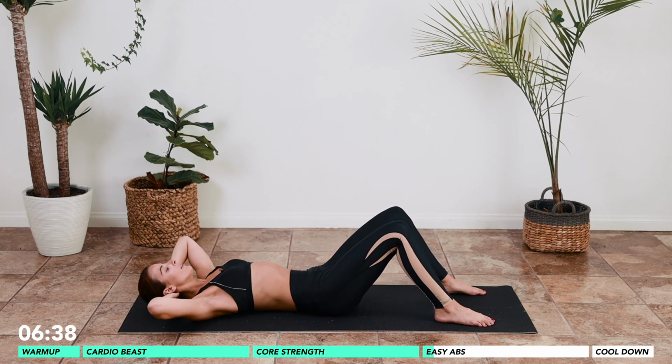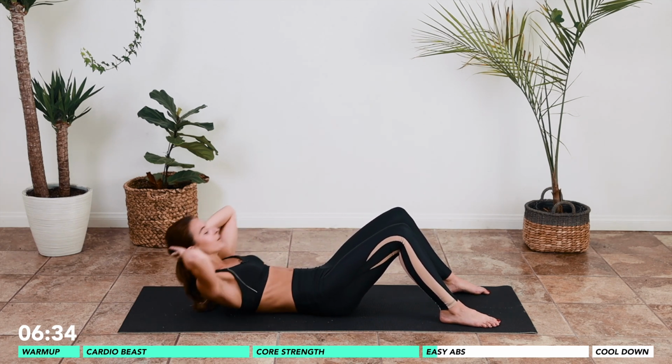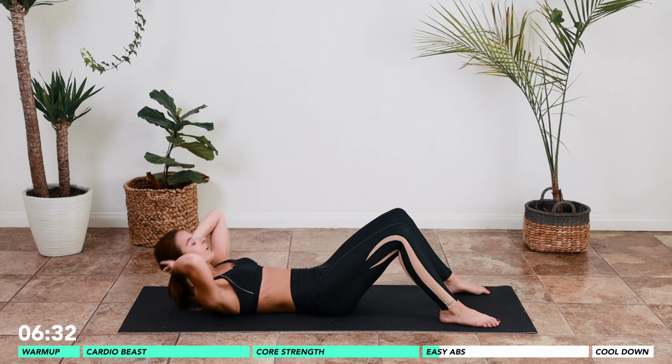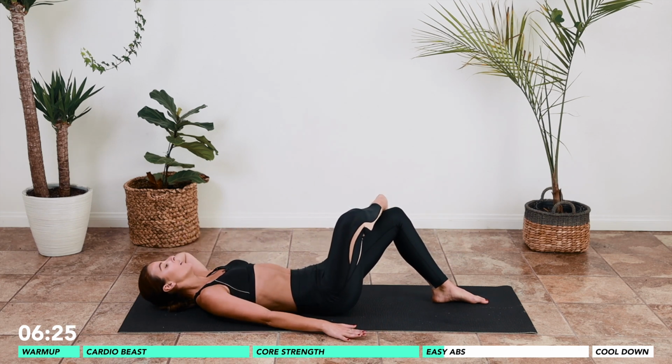7, 8. Double time. We go 1, 2, 3, 4, 5, 6, 7, 8. We're gonna reach to the side and down. Up, down. 3, 4,